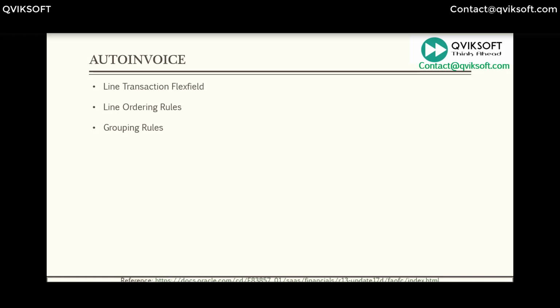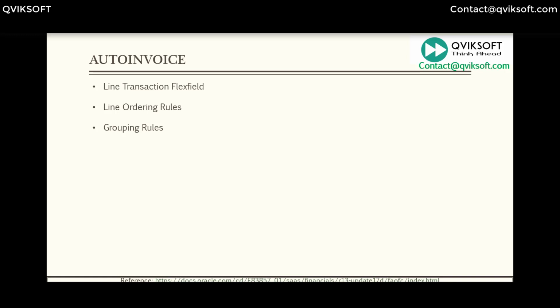We'll be interfacing a lot of lines from our source system as invoice lines data. So when the data is coming from external system, we have to define a flex field which basically defines how we connect back the data to the transaction in our receivable. If we want to identify this invoice line which was imported from source system, what are the fields available in my receivable which I can use to say, okay, this information was because of so and so from the external system.